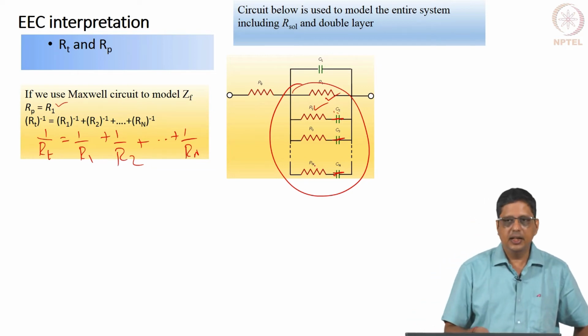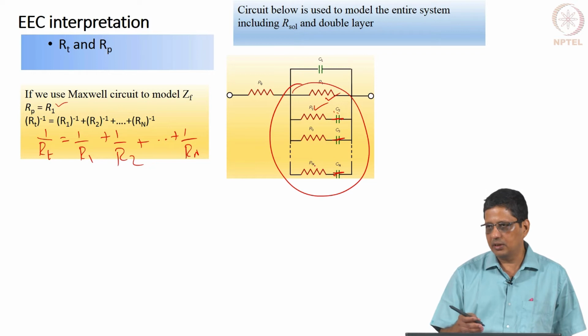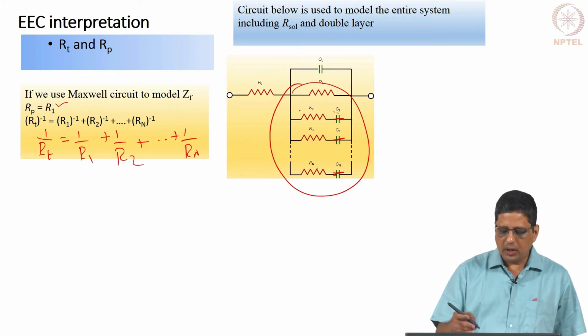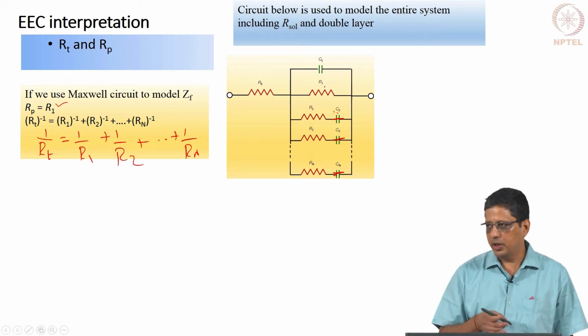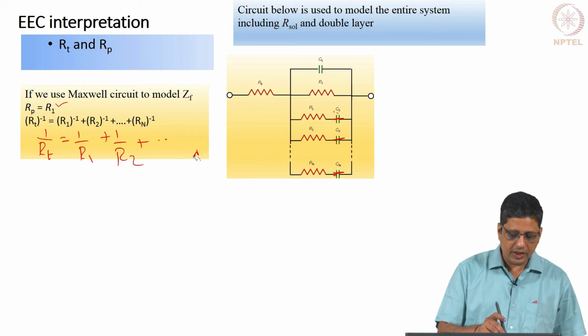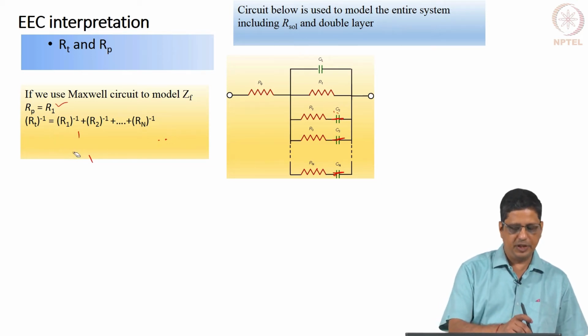Normally, I will not again need 10 elements, 15 elements for this. I do not think you will have impedance with so many features in common cases, but 1 or 2 or 3 cases you can have. R1 will anyway be there, but R2, R3 and so on you can use this. You have a relationship. I will show you an example to illustrate how you can use this information.